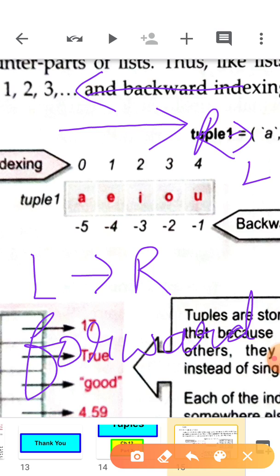In forward indexing, we start from 0 and move forward up to the number of elements in that tuple, like 0, 1, 2, 3, 4. But in the backward direction, you start with -1, -2, -3, -4, -5.